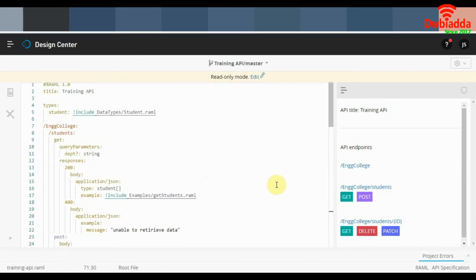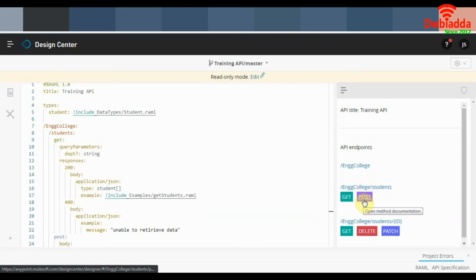We have 5 methods. As we can see from our mocking service console, and we'll get to the mocking service in a little bit, this basically documents all endpoints and methods. So for engineering college slash students, we have get, which will retrieve the list of all the students in the college.